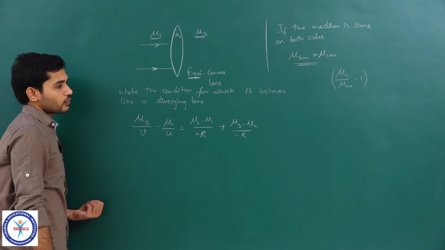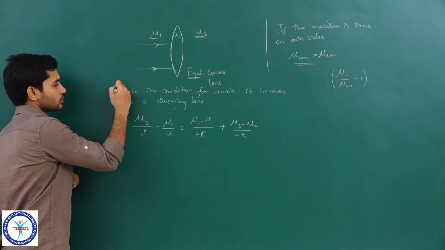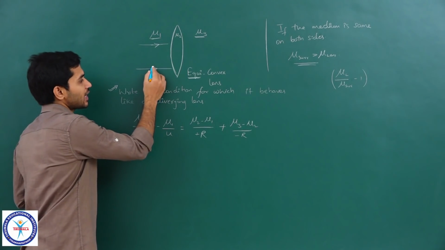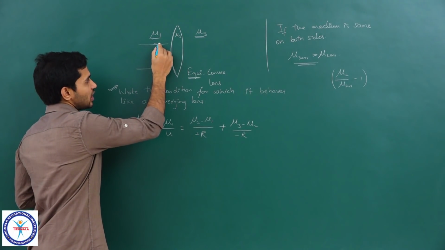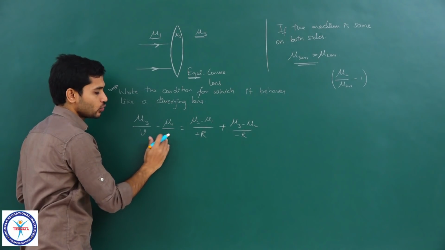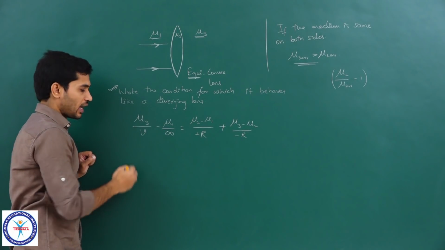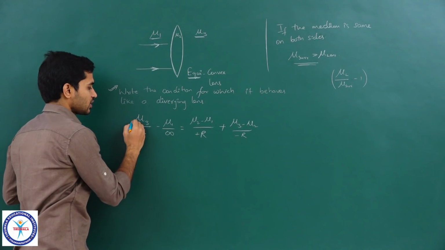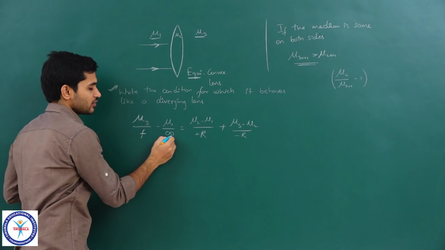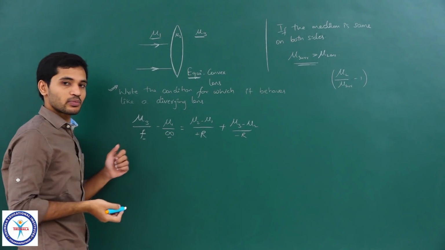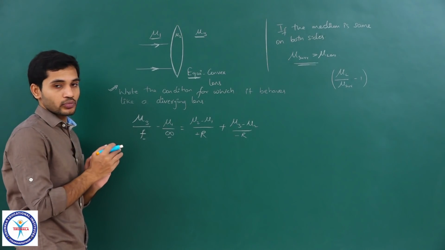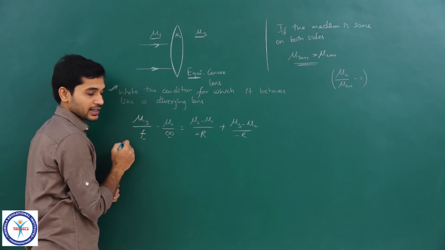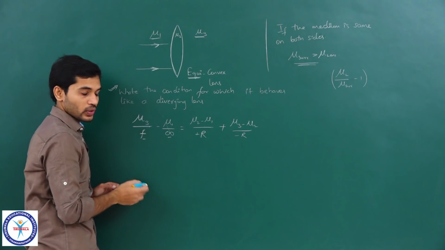Now they are asking us to write the condition for which the lens behaves like a diverging lens. Remember that I have taken a parallel beam of light here. If I consider a parallel beam of light, can I take U as infinity and V as F? This is how we find the focus, right. If u is infinity, the corresponding value of v will become the focal length. Now, think properly here and listen carefully. If you observe this particular expression, this will anyway become 0. So, do not worry about that.